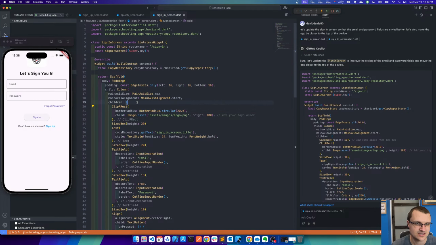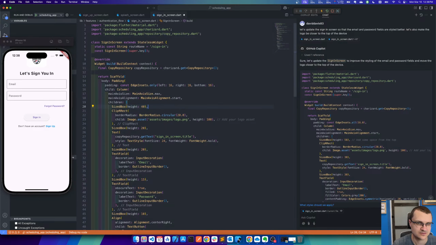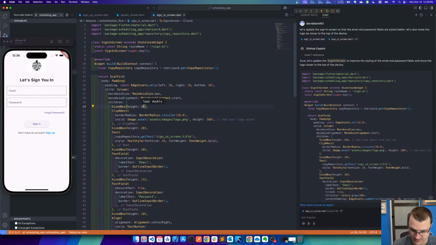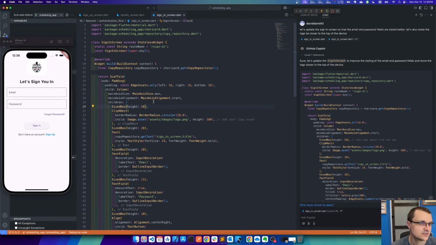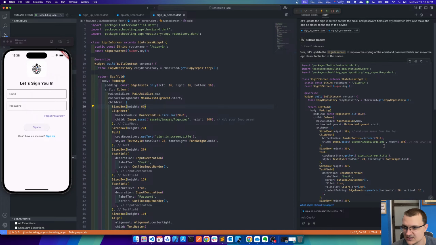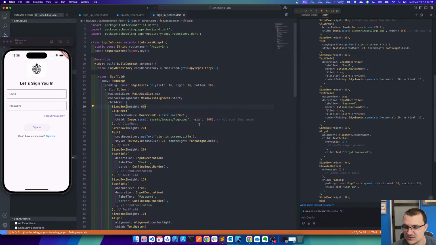So then they add the size box of 40. I think I'm gonna stick with Copilot's recommendation of 50. About 60. That gets us kind of below the safe area there. And then the only thing is here, I don't like Copilot's suggestion because it's